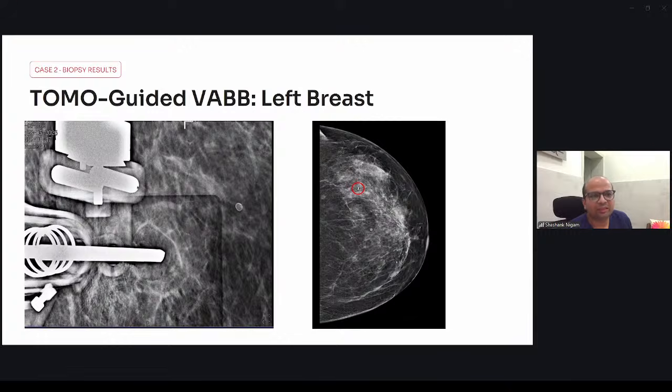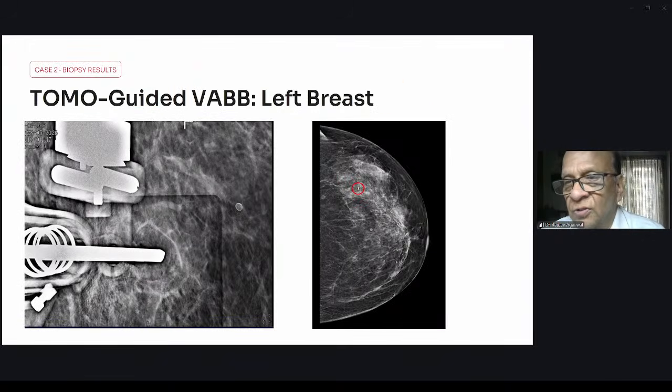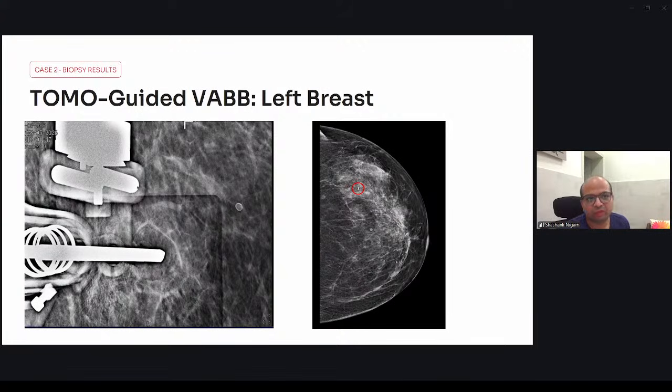just want any comment on comedonecrosis on the histopath report? Yes, sir. They have not mentioned it. They have just said fibrocystic disease with extensive LCIS. But sir, if we are moving along those lines of ruling out a disease, then the presence of comedonecrosis would probably have changed the plan of planning excision. If it was extensive LCIS with comedonecrosis, planning the excision at the same time when she's probably donating the